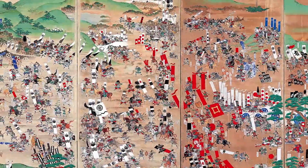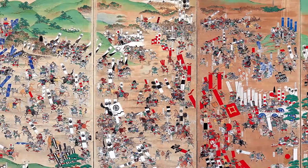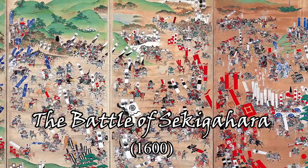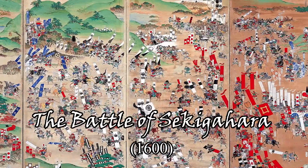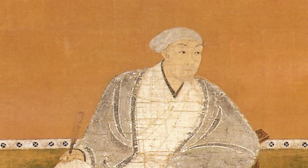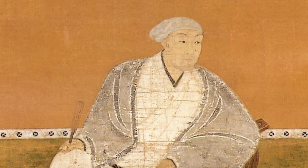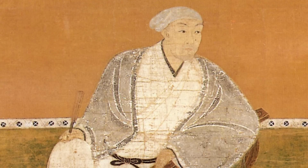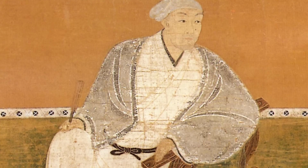Now, just like in the first video, most of the helmets we are going to examine here were worn by significant figures who fought at the Battle of Sekigahara in the year 1600. However, there are going to be a number of other helmets I'm going to be mentioning as well, and ones that were even made during the Edo period. But to start off, let's begin by examining the strange helmets of the Kuroda family, where we can not only find one very odd Kabuto, but actually two, both of which were worn by father and son Kuroda Yoshitaka and Kuroda